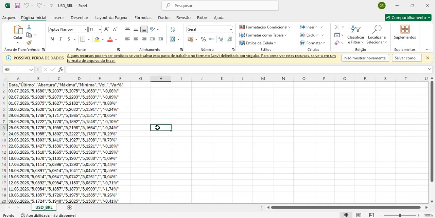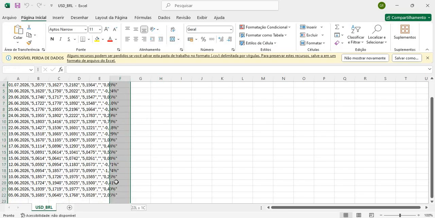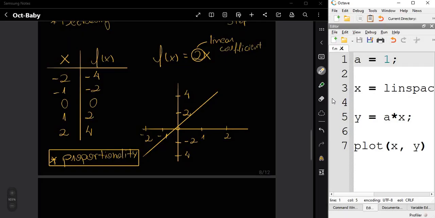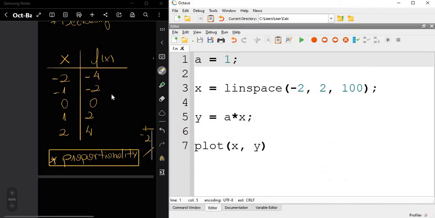And for us, doing the connection with the linear function, this percentage, the dollar exchange rate, is the linear coefficient.